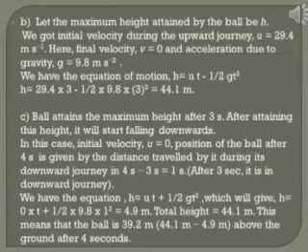It is the distance traveled by the freely falling ball in time t is equal to 1 second. Then what should be the position of the ball above the ground? It will be equal to total height minus the distance traveled by the ball in time t is equal to 1 second. That will be equal to 44.1 meter minus 4.9 meter is equal to